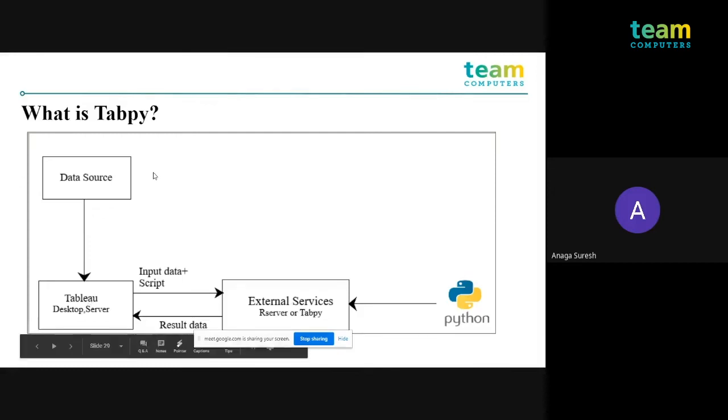Once you upload the data source inside Tableau, you will write some script function. Tableau passes the code to Python, so that all the functions or packages which we write in Python can also be executed inside the Tableau calculation field. So this is the architecture of TabPy.